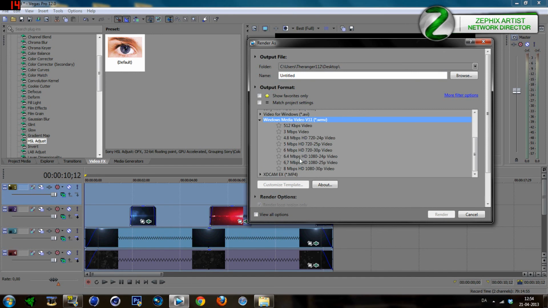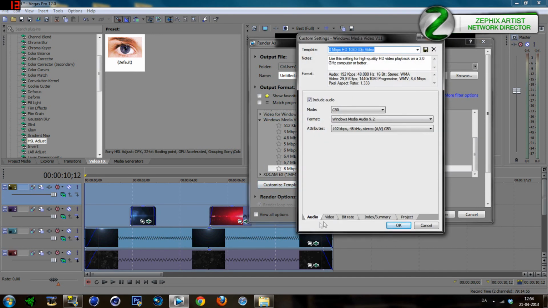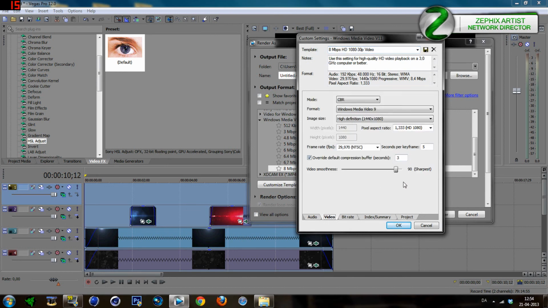What you want to do is go down to the bottom one, click Customize Template. It's very important. Then you want to go to Video, and you can see here it says 90. That means it'll make it smaller. It will compress it. So if you only want a very small project, you will want to have this one. But I want it to be the best quality result I can get. And this aspect ratio is not good. We want to change this one to be square, and we want to go here and click custom and click